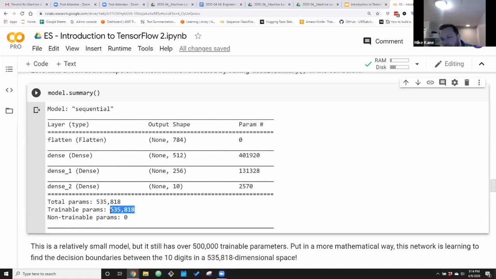You could write out the whole darn thing. This is a parametric model at the end of the day, which means you could write it as an equation. If you did, it would have 535,818 parameters. That is big, okay? That is really, really big.